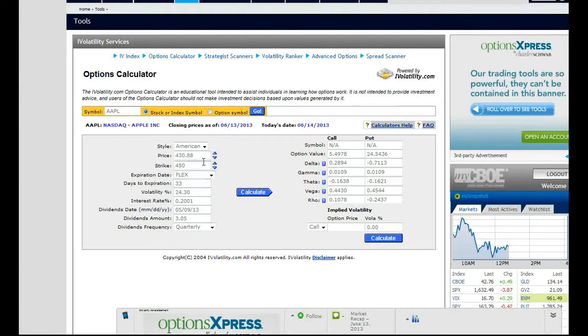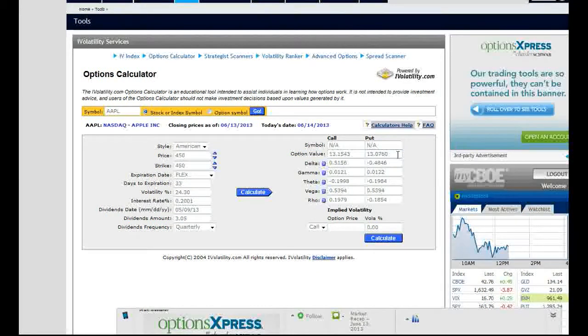But what I can also do is say, well, let's say the stock goes and hits my stop. Let's say it goes up to 450 and hits my stop. My $25 option now goes down to $13. Okay, we can kind of see how that happens. Now, we estimated $13 when we looked at the chain, but this gives you more of an exact feel